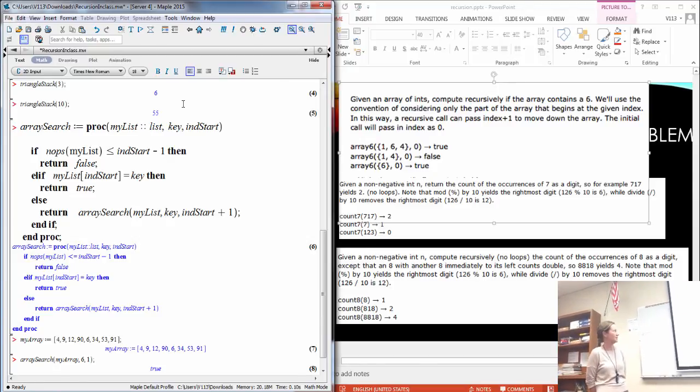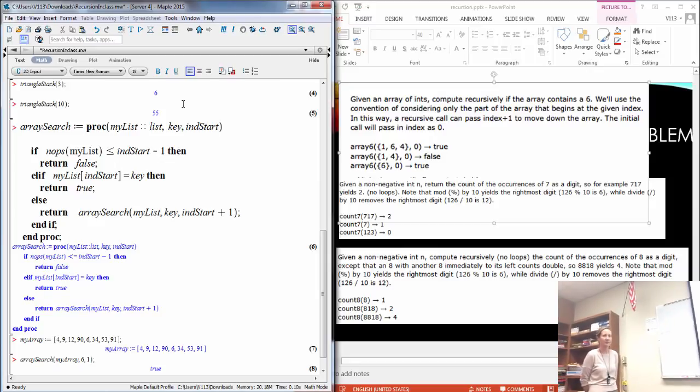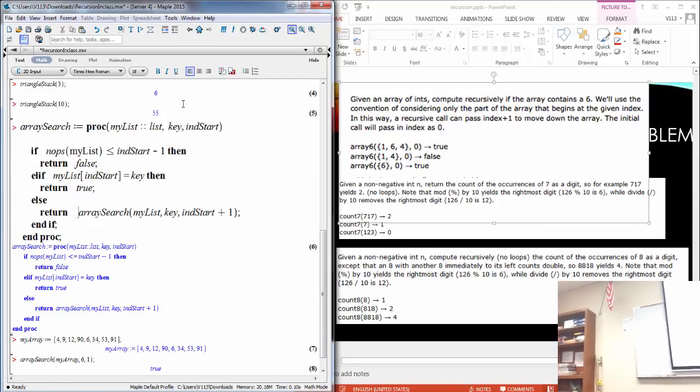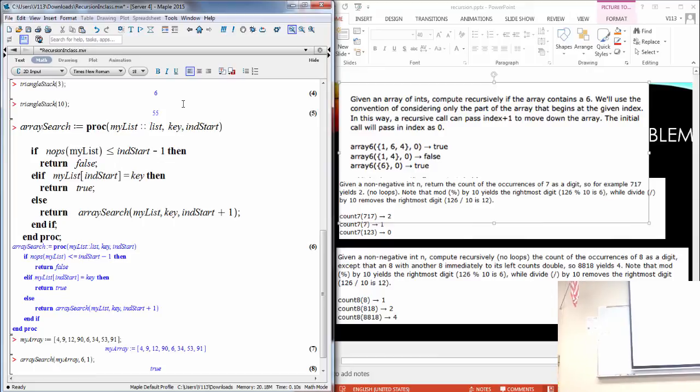Think about your base case, what's getting smaller. Here, I'll come around and maybe give you guys a hint. This one is harder. Kristen, did you get it? Oh, I was like, yes.